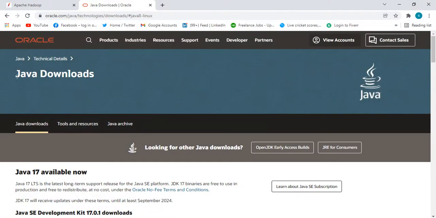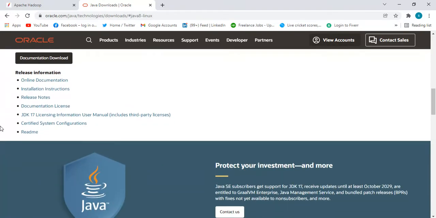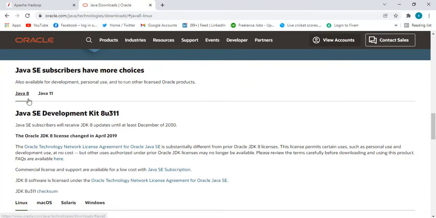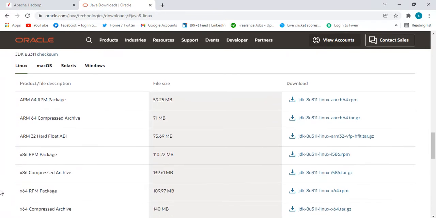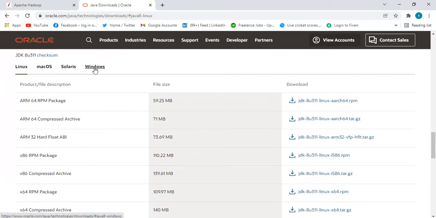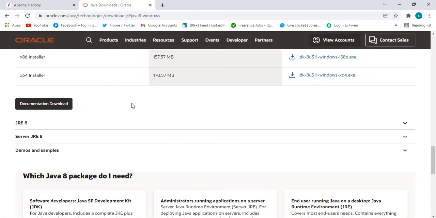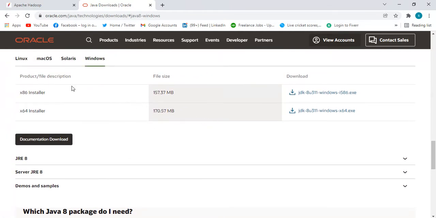Firstly, we have to download Java version 8. So we will go to the Oracle site. We have to download Java 8. So we will scroll down and you can see here it says Java 8 and there are so many things to choose from. We have to get the Windows version, so whichever you are comfortable with, x86 or x64, you will click on it and